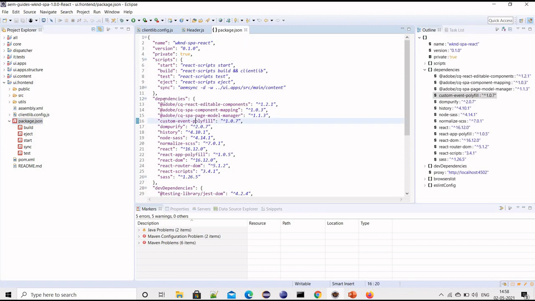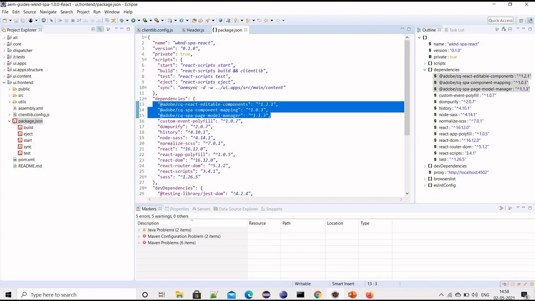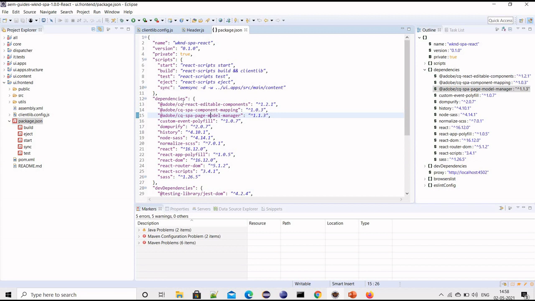The required dependencies for a Spa application: basically we need these three Adobe components. Since right now I'm using 1.0, that's why it's CQ, otherwise it will be AEM, that will also work. AEM Spa, AEM React, and AEM Spa page.